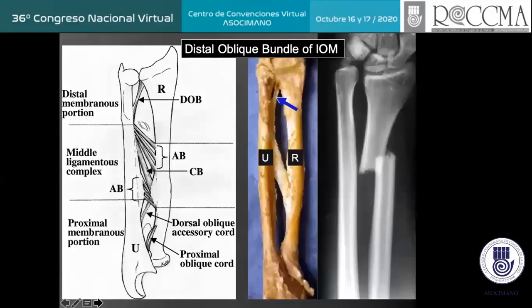I think one of the more interesting recent developments over the last 10 years has been a greater understanding of the interosseous membrane, and in particular the distal oblique band of the interosseous membrane, which we've heard about and Dr. Orbe has discussed frequently. I think it's been very important to recognize how it's influenced our treatment of distal radius fractures over the last decade. We knew the TFCC was often disrupted and other soft tissues were also disrupted, and yet the DRUJ was not necessarily unstable. And I don't think there was a good answer for it until we recognized the importance of the distal oblique